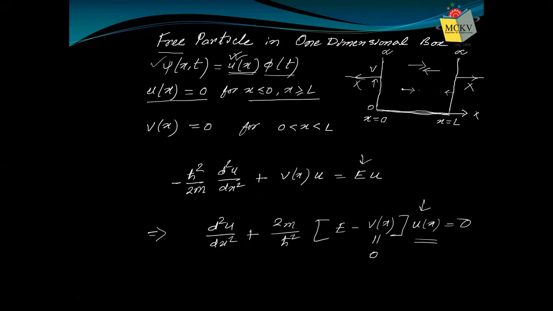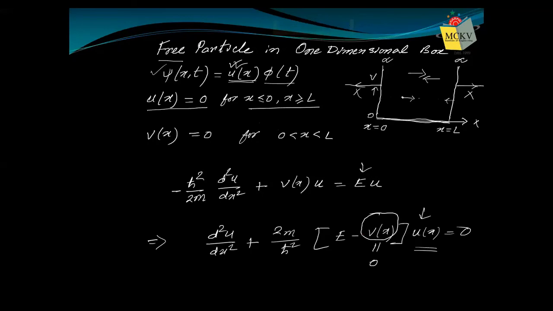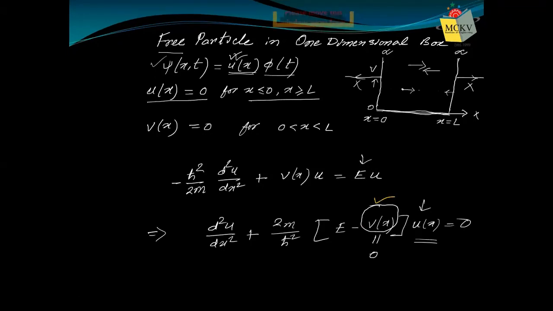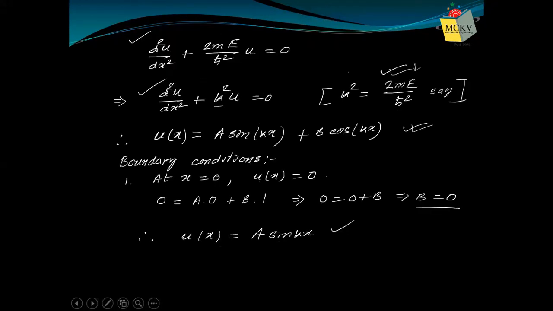And since we are assuming that the potential energy within the box is 0, we can place V(x) to be 0. And since this potential is 0, our time independent Schrödinger's equation is simplified into this one. It's much simplified. And if we have this type of second order differential equation, d2u/dx2 plus k square u, we have written k square u for our understanding and to get that equation in a sophisticated way.